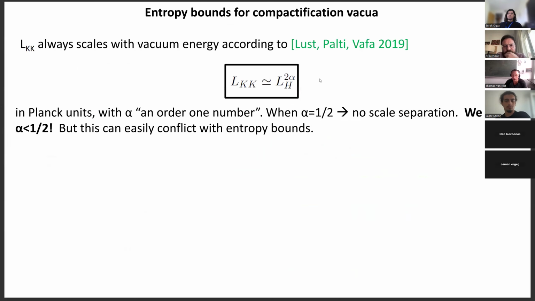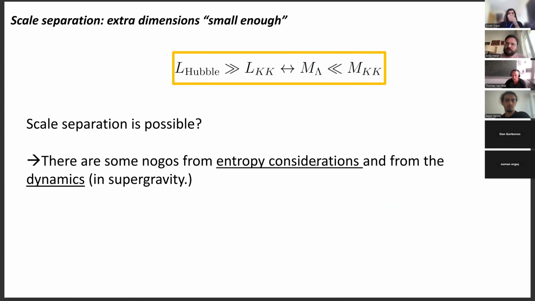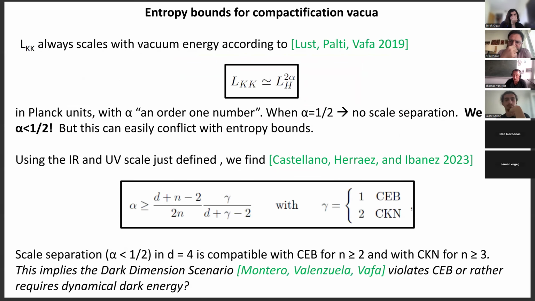So these are the bounds on alpha that I got from, I told you here that we would do entropy considerations and dynamics, and I just did the entropy considerations, and now I will go to the dynamics. I will try to see whether supergravity forbids scale separation, so whether supergravity wants alpha to be bigger than 1/2. So we saw that entropy considerations allow it, but it's not obvious. You have to be careful. It also gives you a lower bound on alpha, right? So entropy bounds are okay, but they don't like scale separation. They don't like strong scale separation. Let me put it like that.